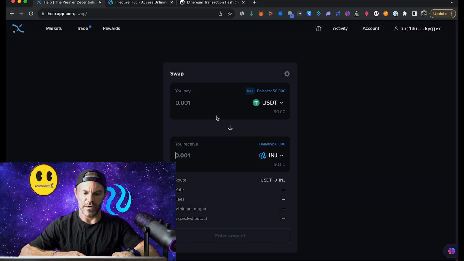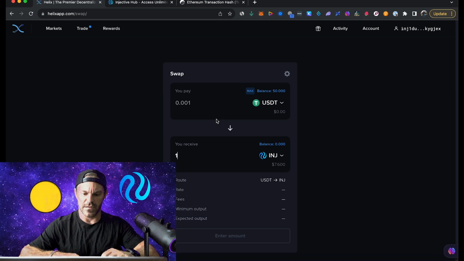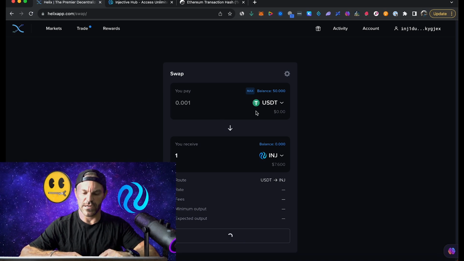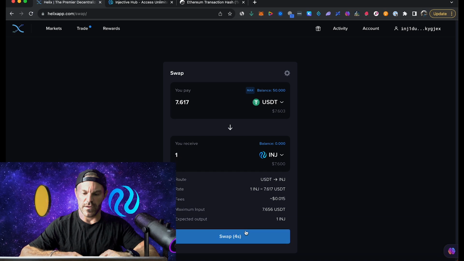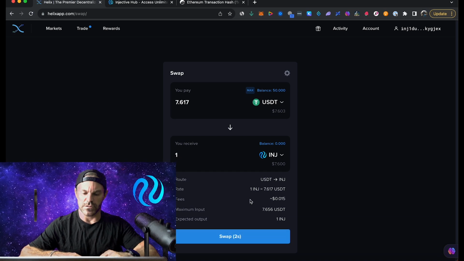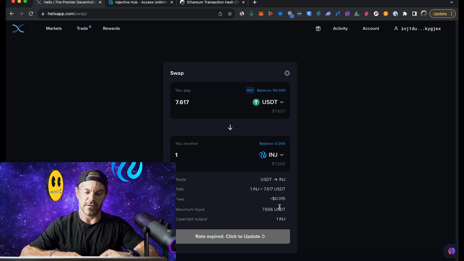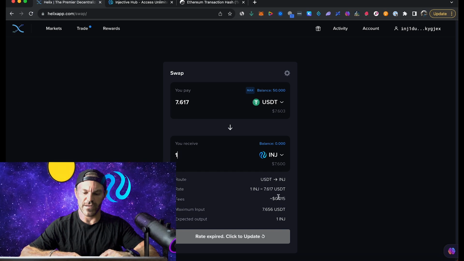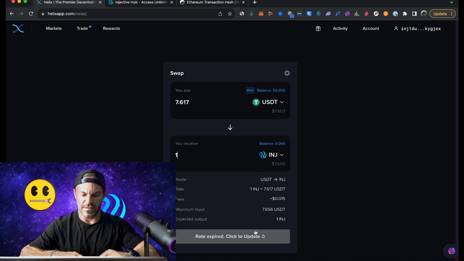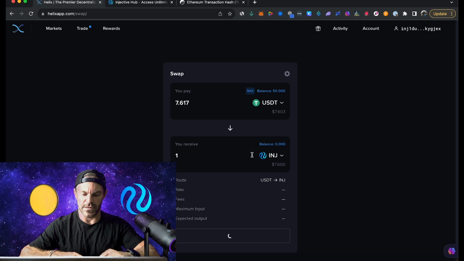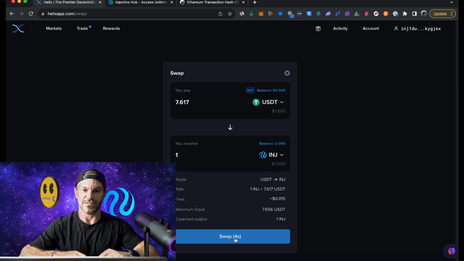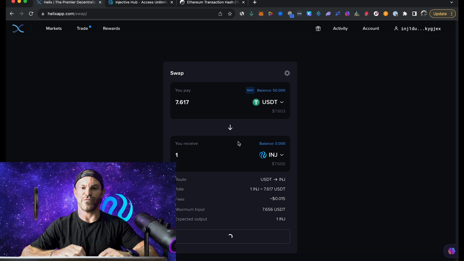So I can swap my USDT. Let's do one Injective token here, and I will click swap. You can see there's only a 1.5 cent fee here, and sorry, looks like I got to do that pretty quickly or else the rate expires. So click that before the timer expires,